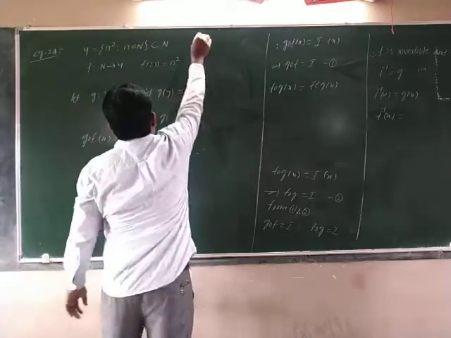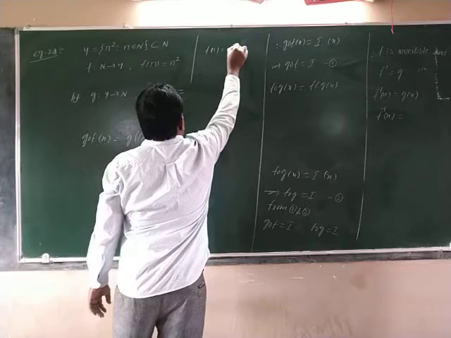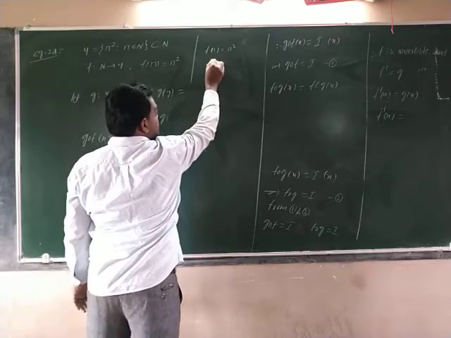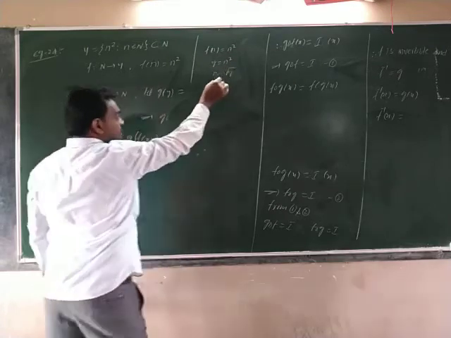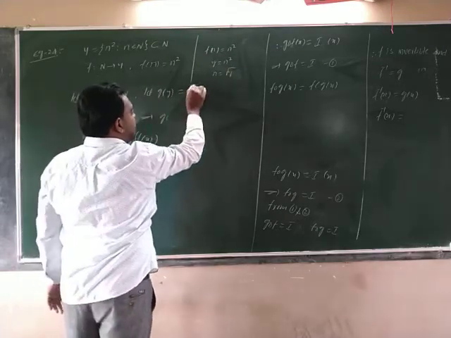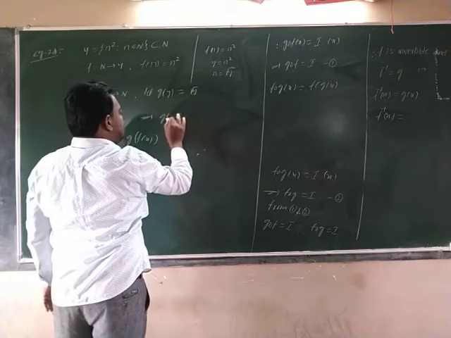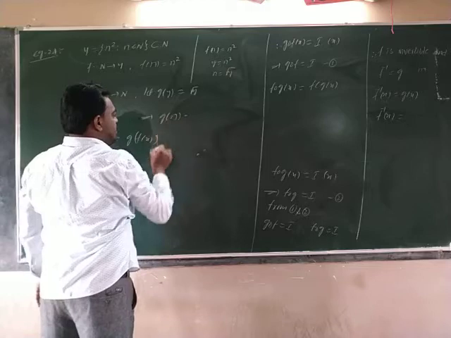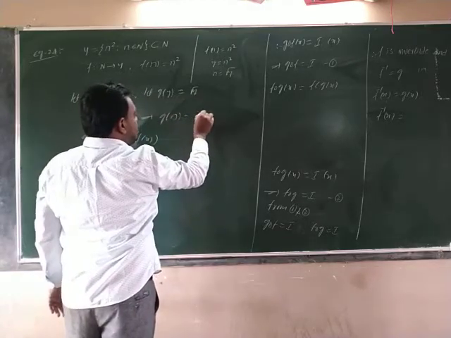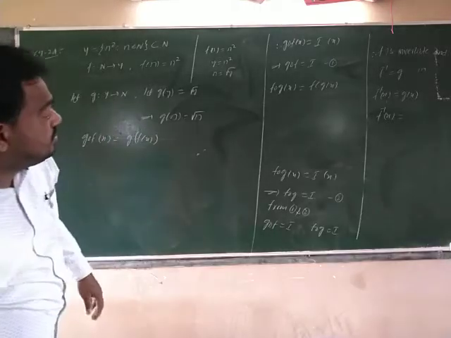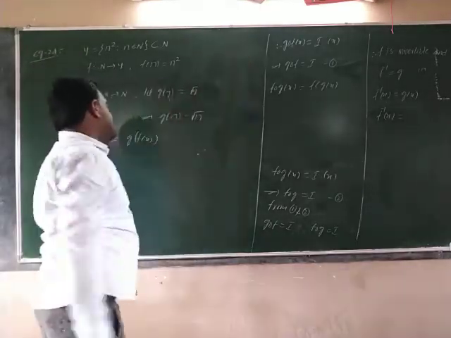We are doing some rough work already. So f of n is equal to n square. Assume f of n as y. Y is equal to n square. From this, n is equal to what we are getting? Root y. So that one we assume, root y. G of y is equal to root y, so g of n is equal to root n. Right? Just take it as root n.